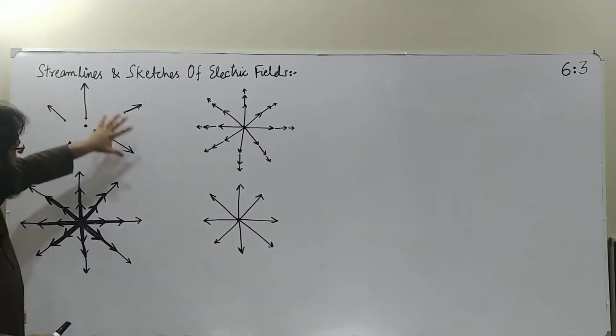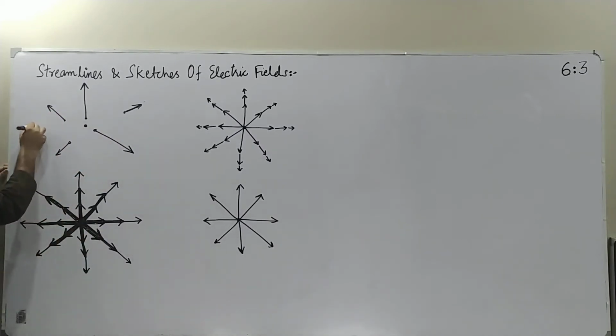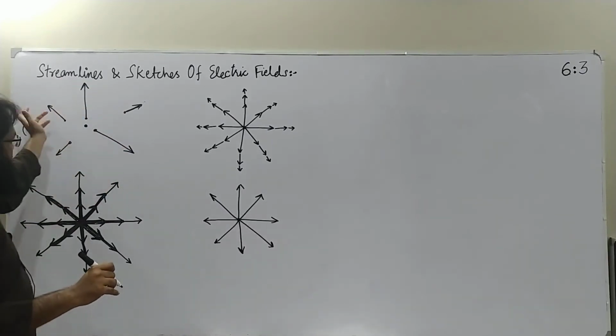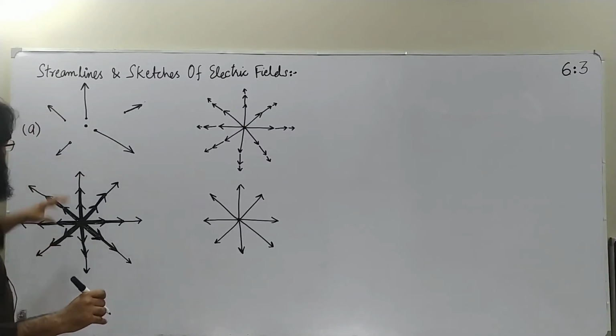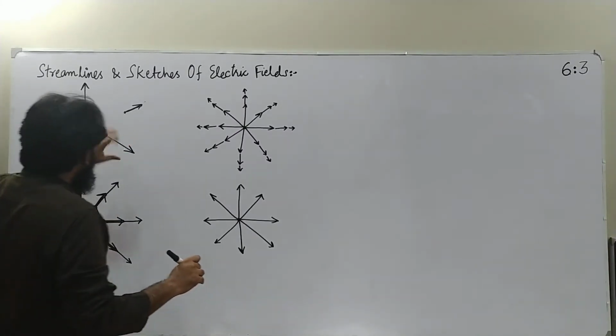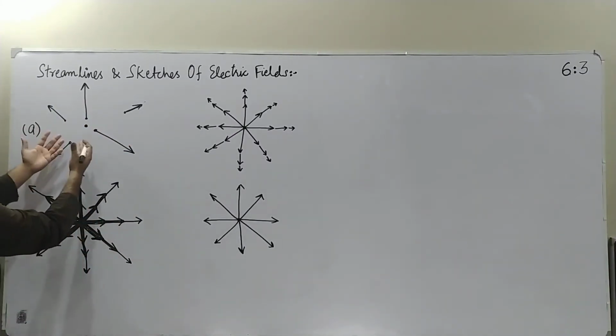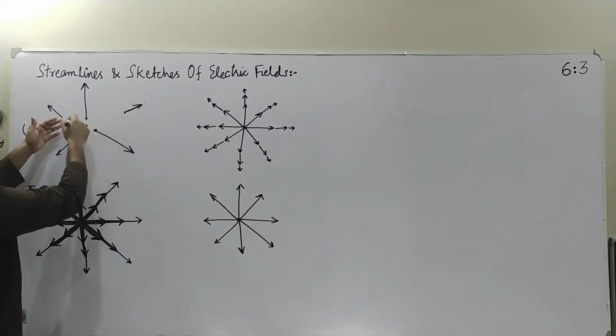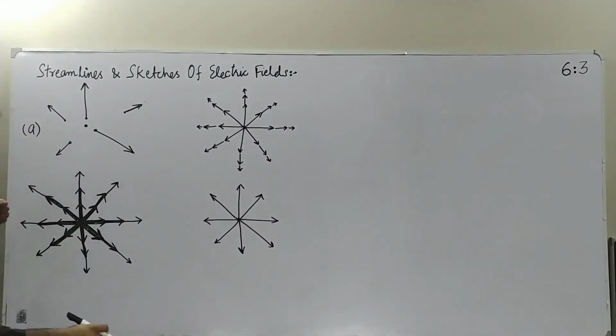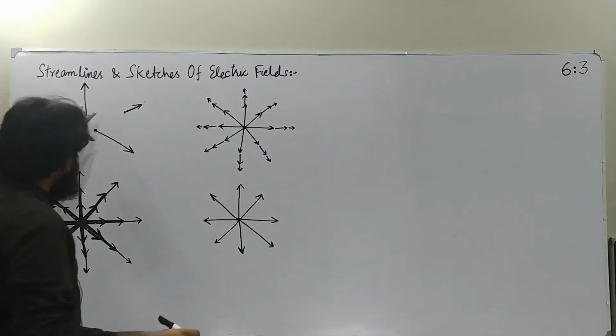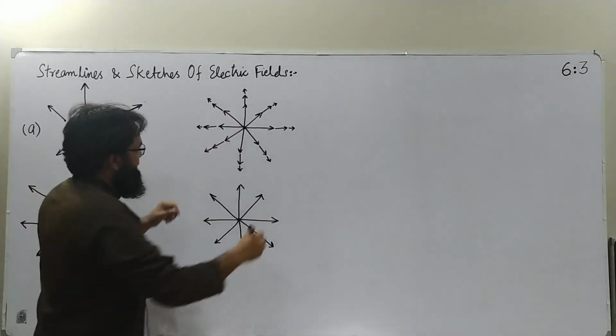But this is not a very intuitive way to do it, so let me call it sketch or scheme number 1, or streamlines scheme A. So this is not very intuitive. We are taking random different points and trying to sketch the field. So it is not intuitive. To make it intuitive, another approach can be